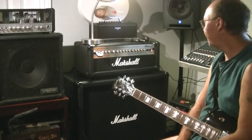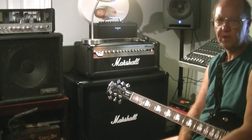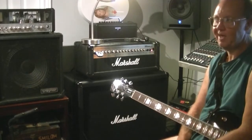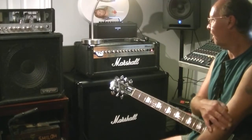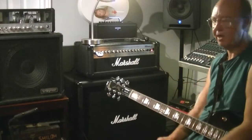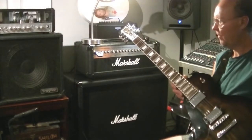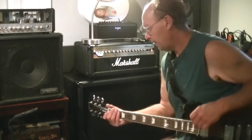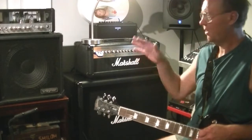But still, it's an awesome amplifier, and I think that if you're looking for something to match well with a Les Paul, probably even your SG or pretty much any humbucker guitar, depending on the humbuckers, of course, should match up really well with this amp. I mean, this is a 2018 Les Paul Studio with the 57 Classics, and it's a great match with this amp, just incredible. The tones I'm able to get out of the Marshall, I can't get that with the Hughes,